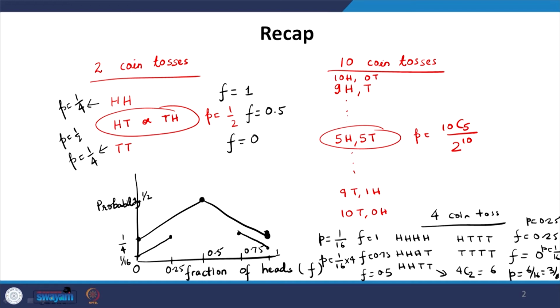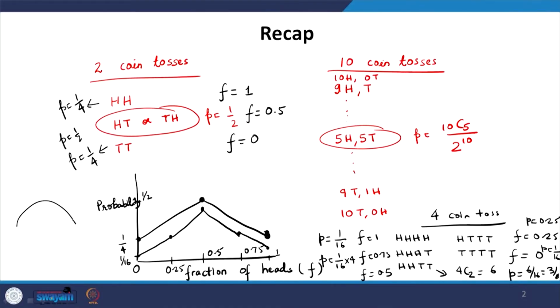So, that clearly the number is less than 1 by 2, it is somewhere here, it is going to look like that. Now, I want you to start thinking how the distribution is going to evolve as I am